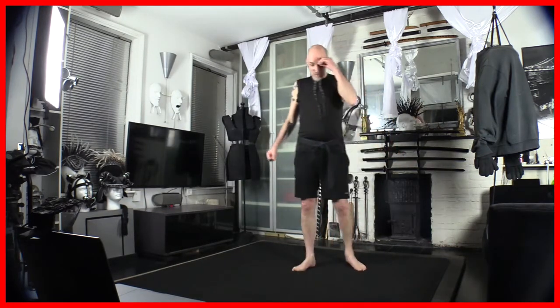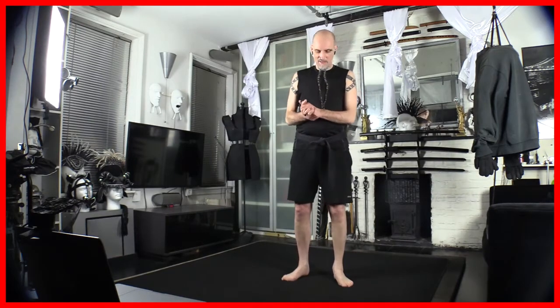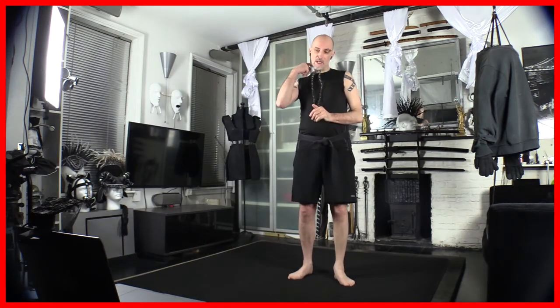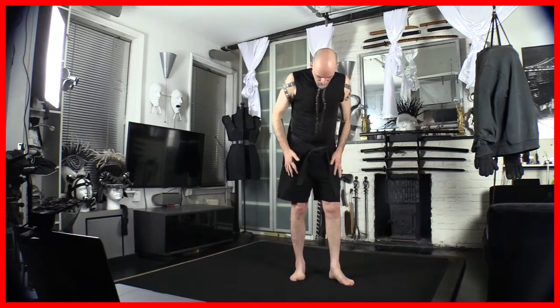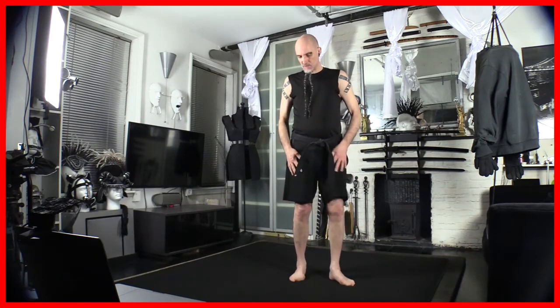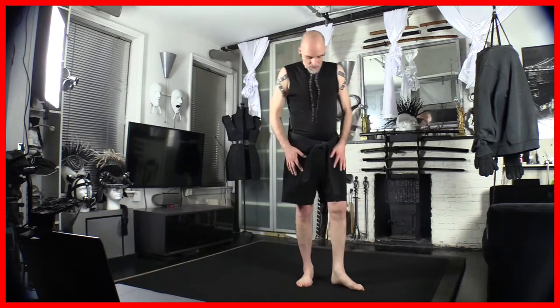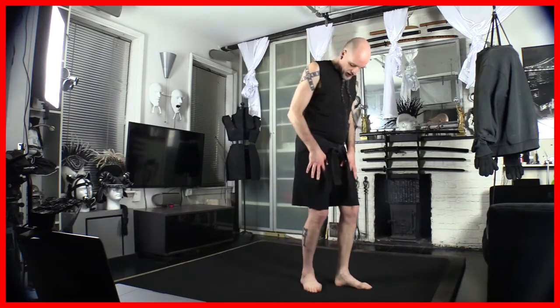So before we do our taisabaki, I want to go over something that we were doing in dojo on Sunday. It's a little exercise that proves to be pretty valuable, especially if you're stuck at home and you don't have a reference in terms of what it means for weight distribution on your feet and hamni. So what I want you to do is just get into a nice small hamni,